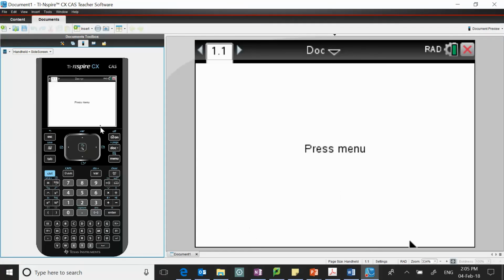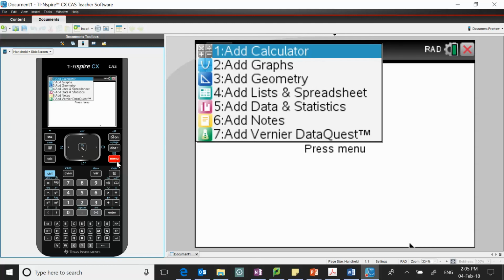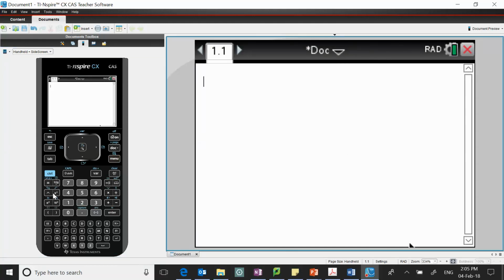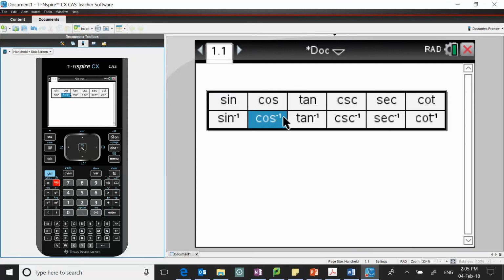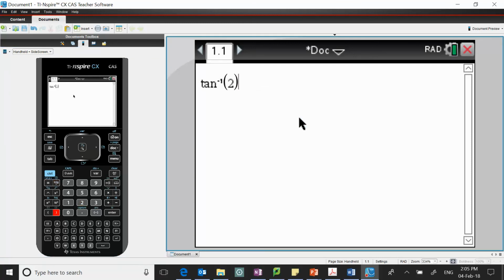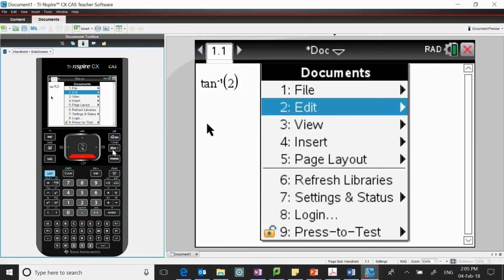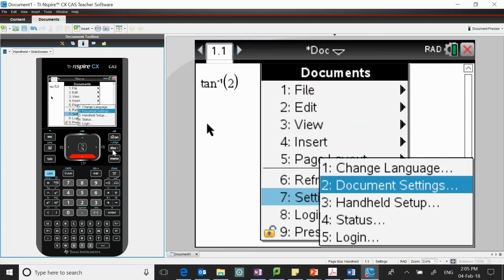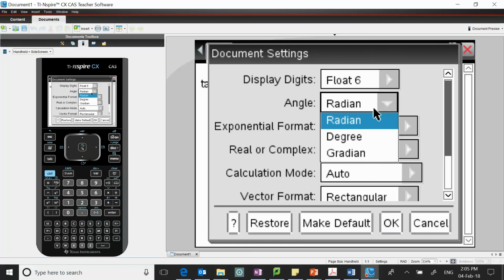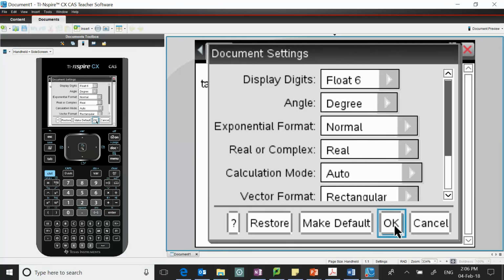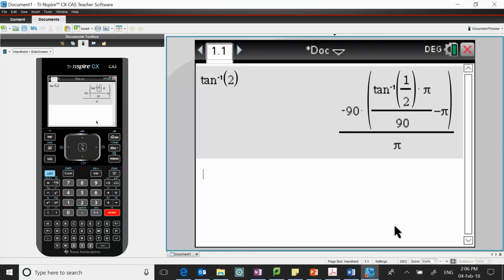So menu, I'm going to go to calculator. Menu 1, calculator. And I want to do tan inverse, so trig, tan inverse of 2. I just have to check that my mode is in degrees. No, it's in radians, so degrees. There we go. Oh, that's bad. Ignore that, just do it again. If you had the same problem, just hold Control and press Enter, and you'll get your approximate answer. So I've got now